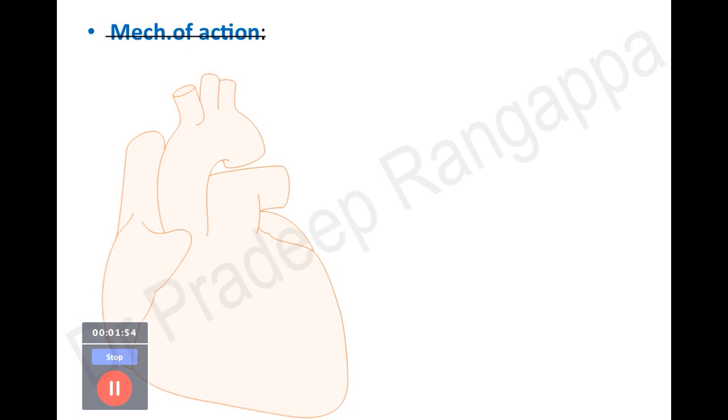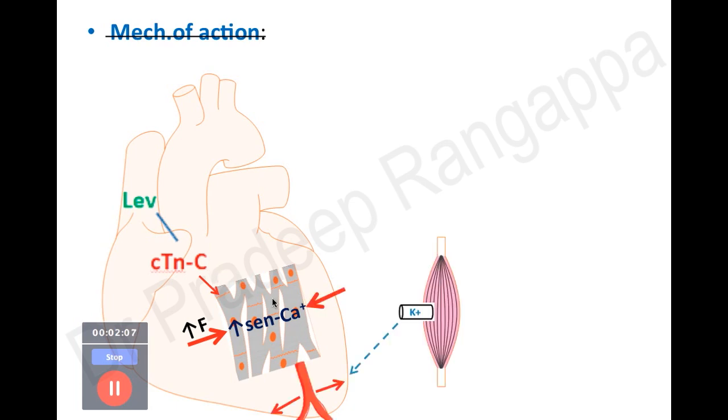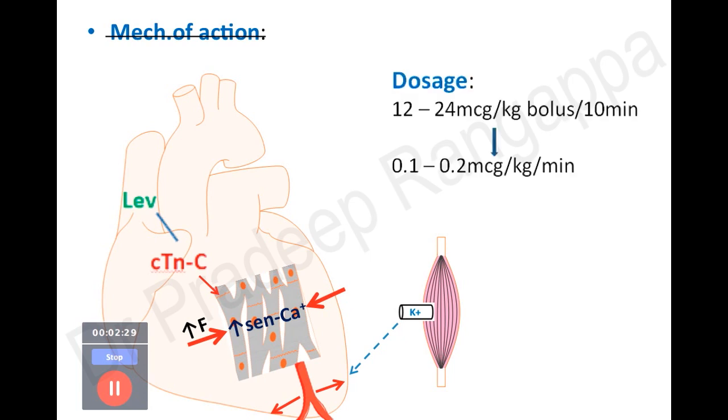As for the mechanism of action, levosimendan binds to cardiac troponin C, and by binding to cardiac troponin C, it increases the sensitivity to calcium, and thereby increases the force of contraction. Along with that, it opens up the potassium channels in the vascular smooth muscles, and by opening potassium channels, it helps in vasodilation. So there is increased contractility of the heart, and along with it vasodilation happens,